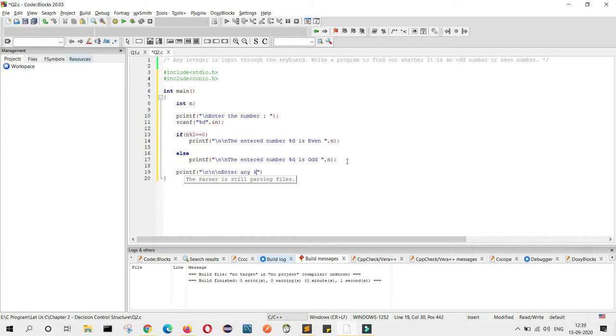Press any key to exit. Or here you can write one more, return 0. Let me save and run.